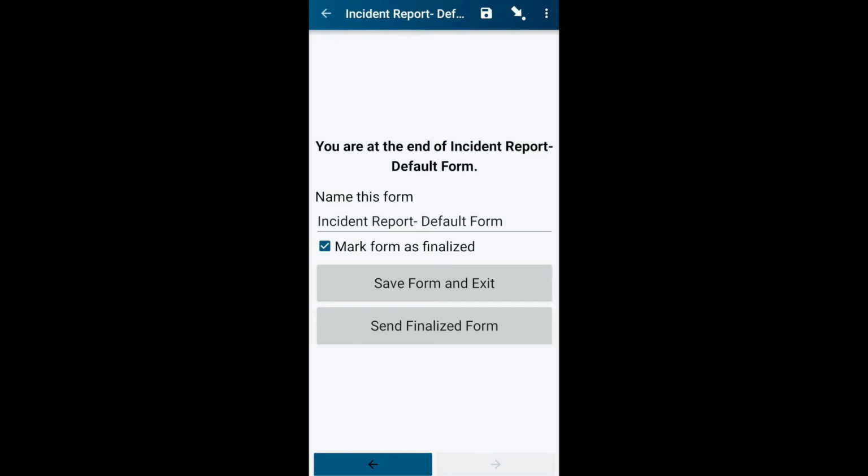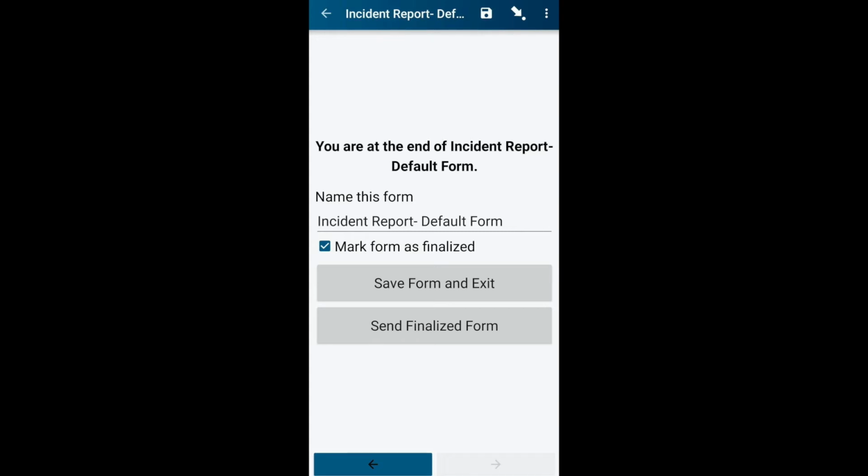Once I get to the end, I'll be faced with two options. I can either submit the form right away, or I can save the form for later. If I am in a place with internet access, it's fine to submit it right away. But as we mentioned, most people are often working in places where they don't have internet access. And so it's important to save the form and then be able to submit it back when we have internet